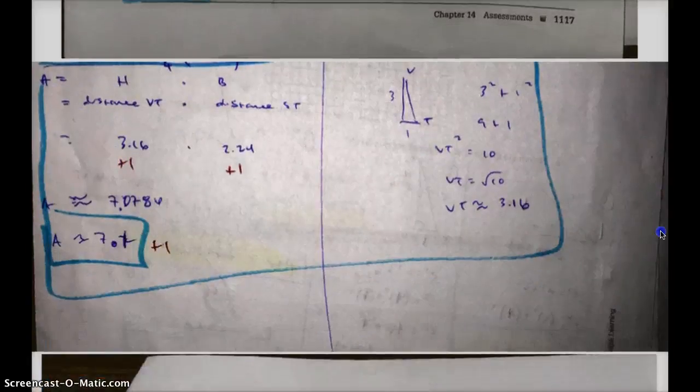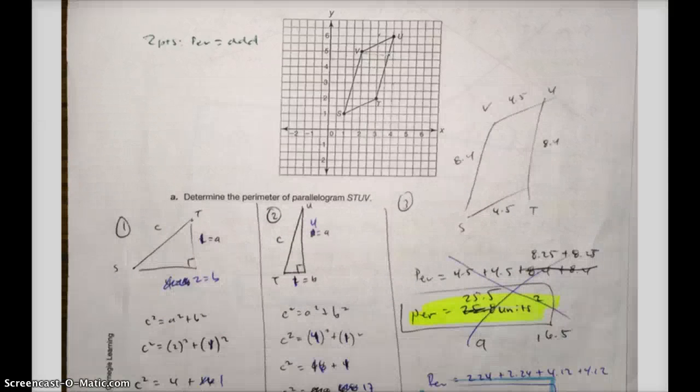In the extra credit question, I did not give you a point for finding the area of the parallelogram's base times height. I gave you a total of 3 points. 1 point if you were able to calculate ST. 1 point if you were able to calculate VT. So in the parallelogram here,